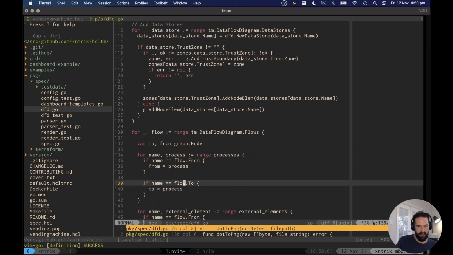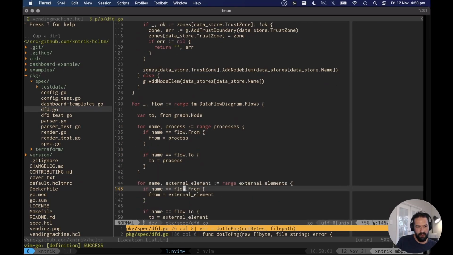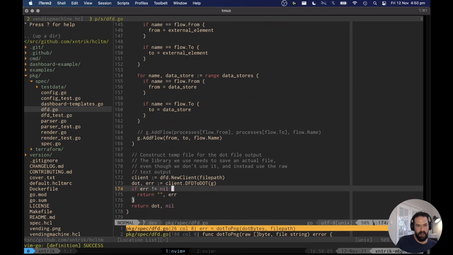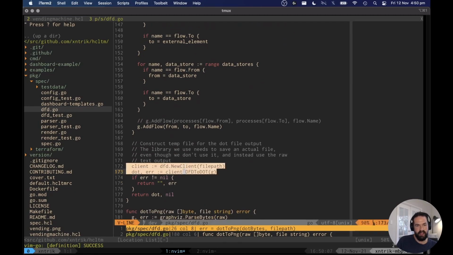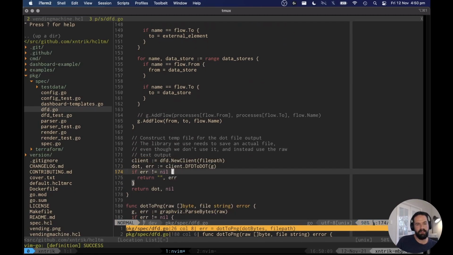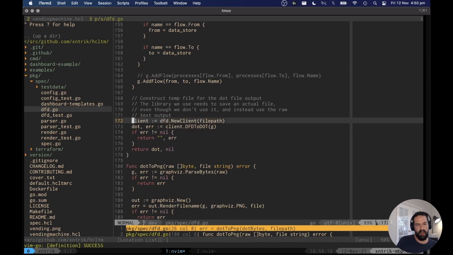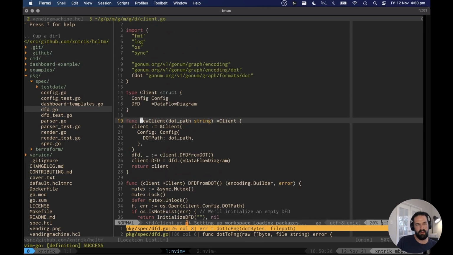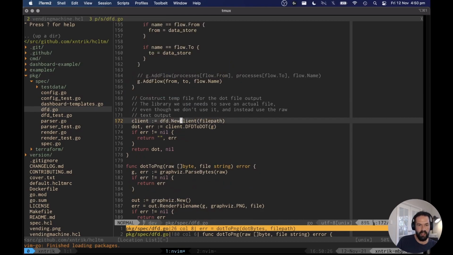Go through all the flows and add them into the thing as well. And then this logic here is basically what's used to construct a dot file. So this client thing here is based on the GoDFD library from Marketer, which is kind of cool. It creates this dot file, and then